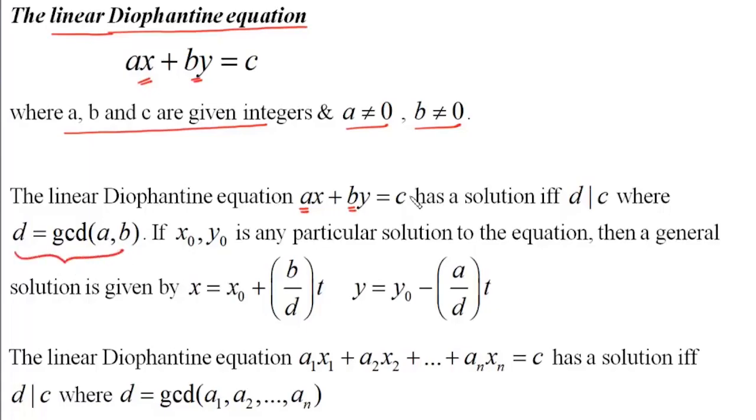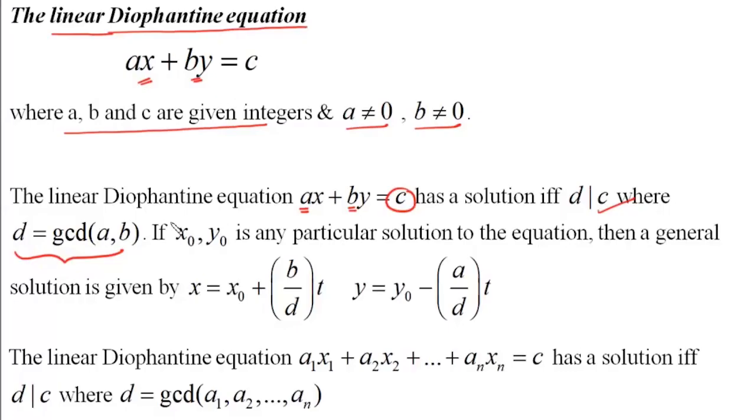Now if d divides c, then this equation will have a solution. And if d doesn't divide c, then this equation will not have a solution. So the first thing that we'll decide is whether this equation is solvable or not. So all we need to do is simply take the GCD of a and b and check if it divides c. Now suppose this equation is solvable, that is when d divides c, in that case